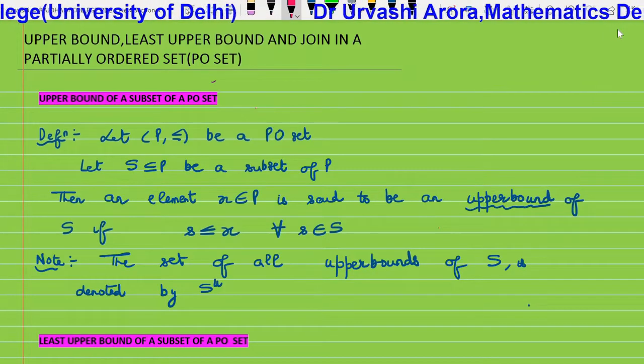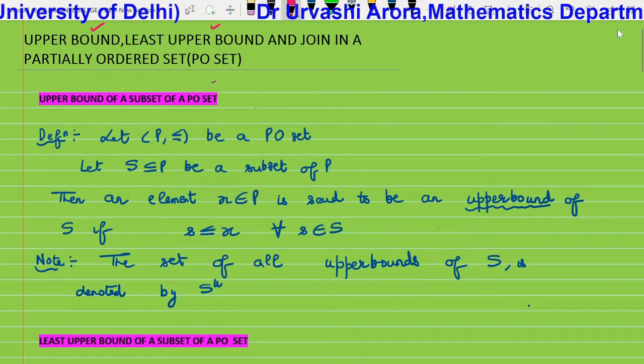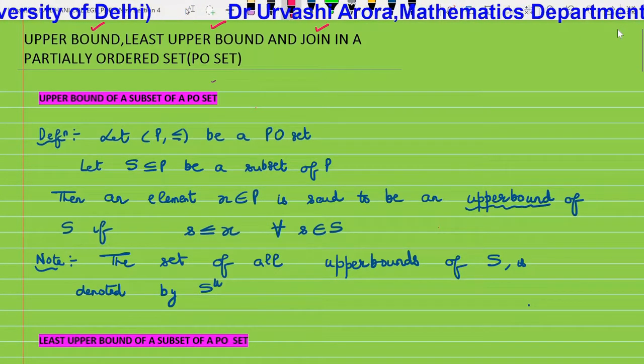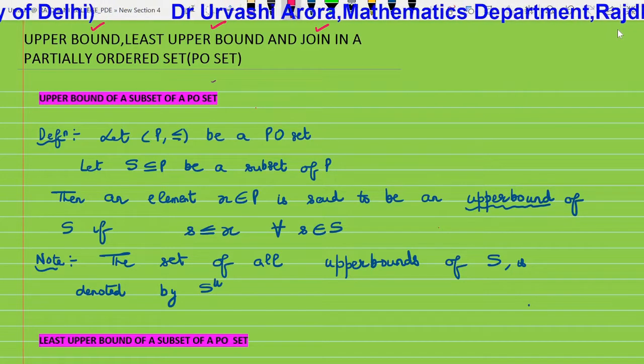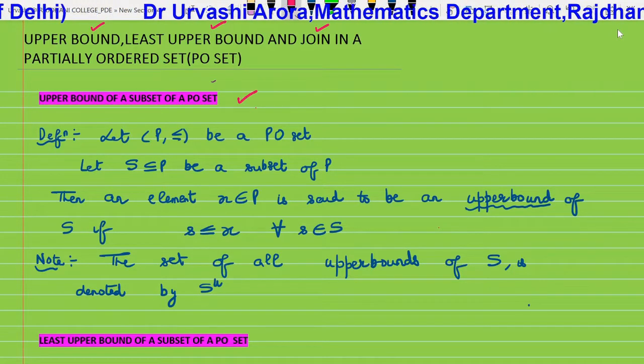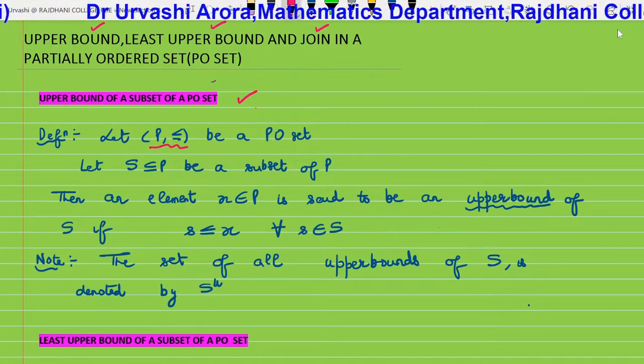Hello students, in this video lecture I am going to discuss the concept of upper bound, least upper bound and join in a partially ordered set. So the first question which arises is, what do we mean by upper bound of a subset of a poset? So for this, let us take a poset P, less than equal to, and let S be a